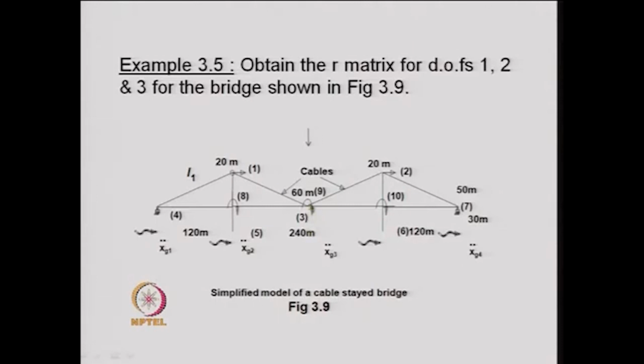So, these were the 3 dynamic degrees of freedom that we considered. We condensed out all the rotational degrees of freedom, then obtained an expression for the stiffness matrix and the mass matrix corresponding to these translational degrees of freedom,